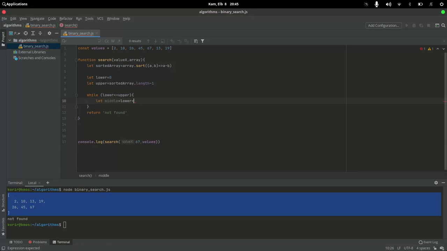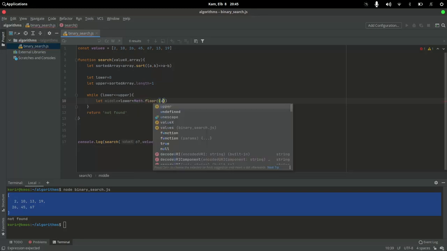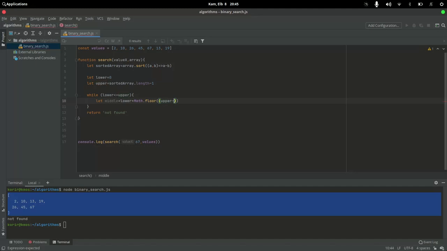Remember, when we take the difference between the upper and the lower bounds, we can have an odd value, and when we divide that by 2, we'll get a decimal point. So we want to round that down. So we can use Math.floor, and then we can say upper minus the lower, and then divide that by 2. Okay,